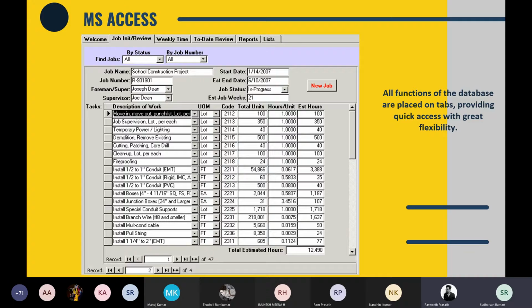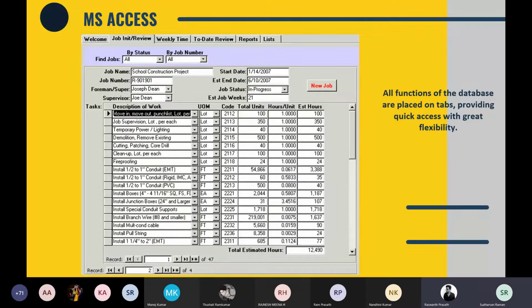So the first step in a new construction project is to set up job initialization. First we'll be giving the list of tasks that we need to do, and each task will be given a specific code like 212, 2112 and so on.